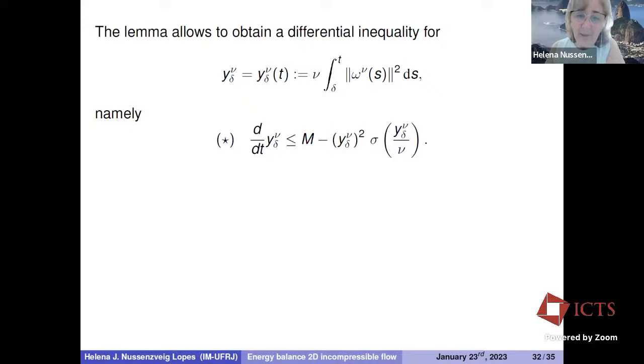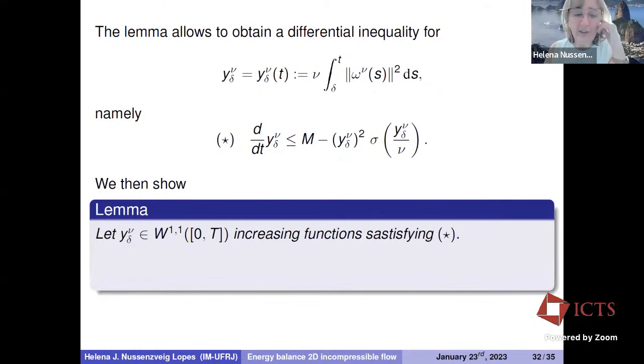Namely, dy/dt is bounded by a constant M, which has embedded in it the initial data for the kinetic energy and the forcing, minus y squared times sigma of y over nu. So here is our 2 plus power,